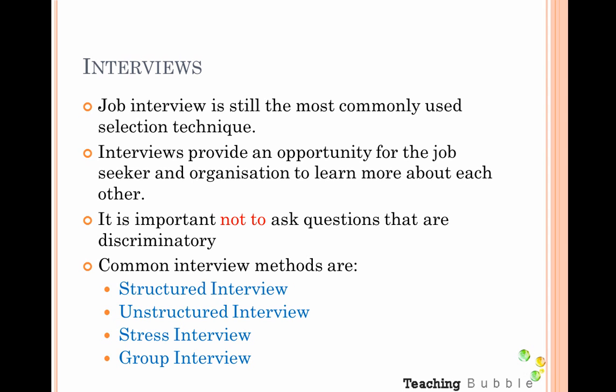Common interview methods. There's a structured interview where you might sit there with a panel of three and ask questions of the interviewee. The unstructured, where it could be just over the phone or come in for a quick chat. The stress interview, where they actually put you under the pump and ask you questions. What would you do in this situation? And then there are group interviews where you're in a group and sometimes you may even have to put on a performance or give a talk or something like that, and